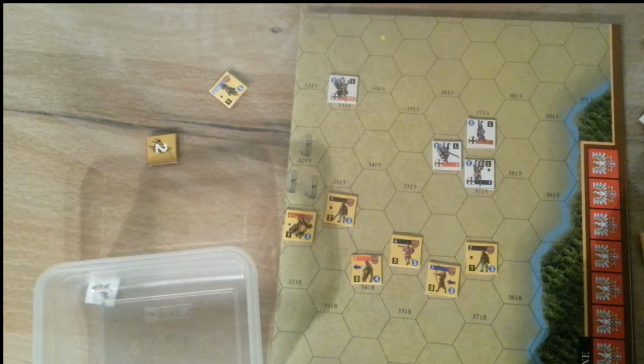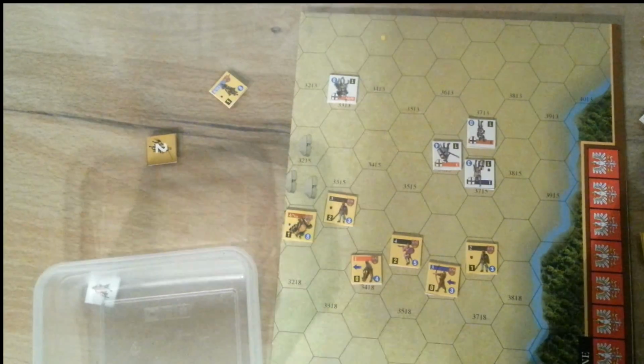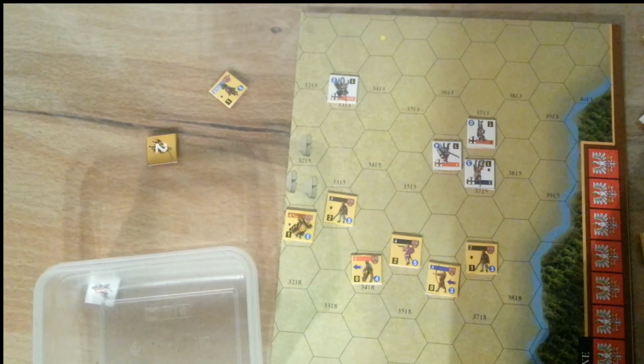Okay, since we covered all the cavalry rules, we can move to the infantry rules. Just like I said before, first we have cavalry movement phase, cavalry attack phase, and then we have infantry movement phase. In this phase, infantry units make their moves. As for the counters first,